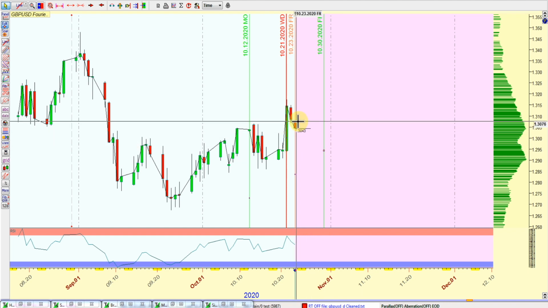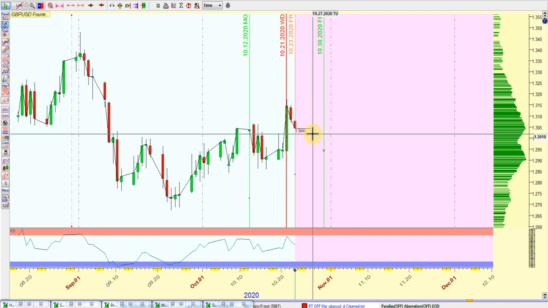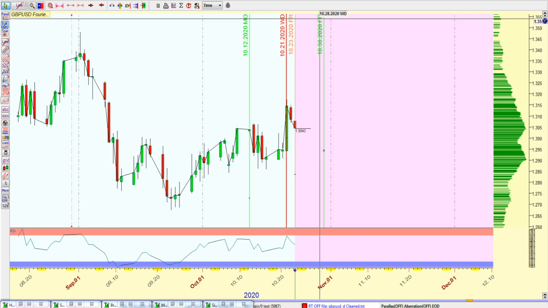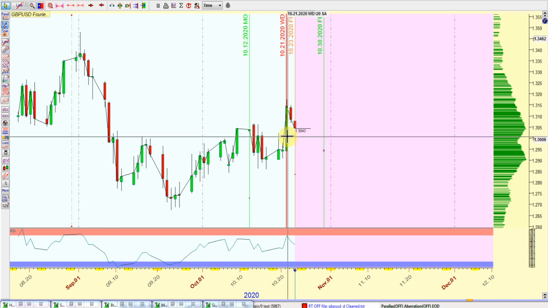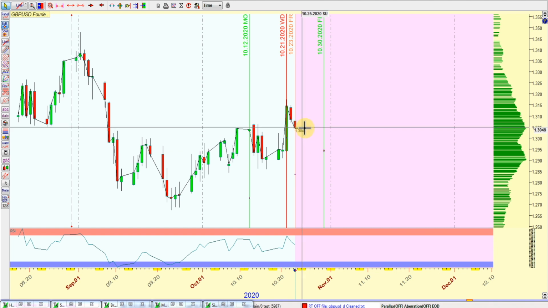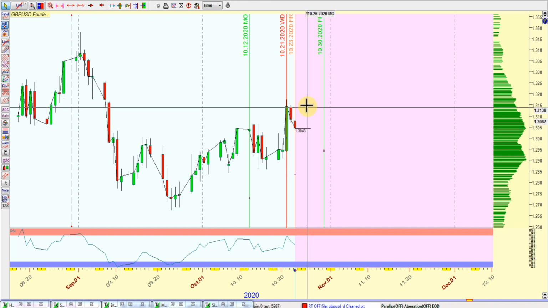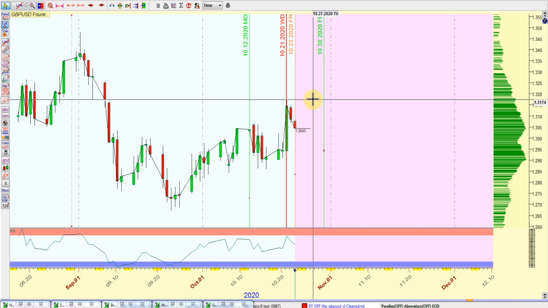A couple of techniques you could use if you have a timing solution, or if you have the software, you could use neural nets. I'm going to show you some things I've been back testing, and some of you may have been using this technique, or maybe some of you don't know about it. But if you don't, I think it would be a great thing for you to implement in your research and your back testing. So the neural net is saying that possible turning points could be the 27th, which is a